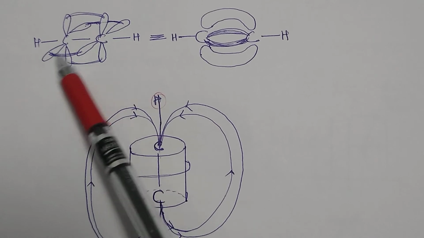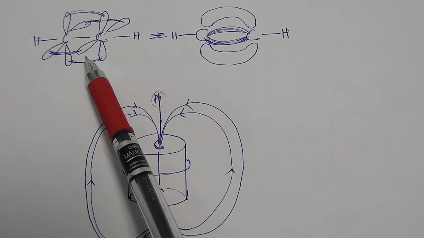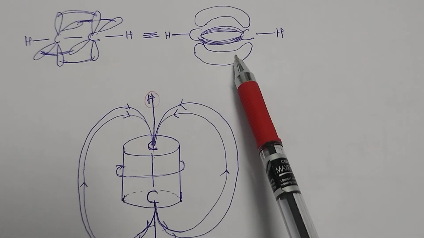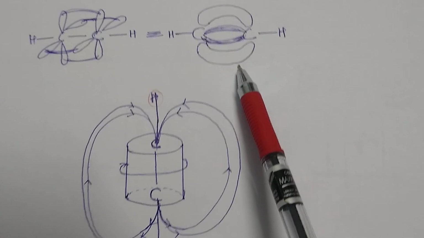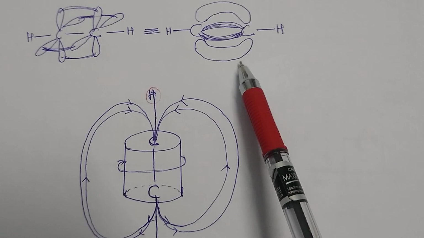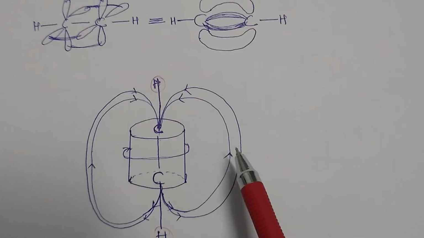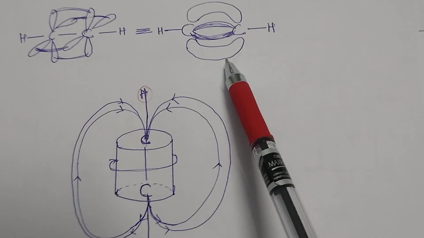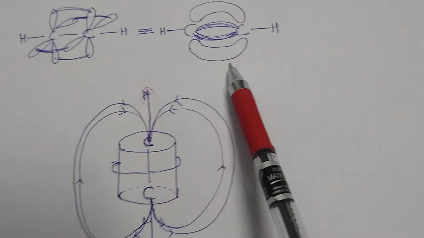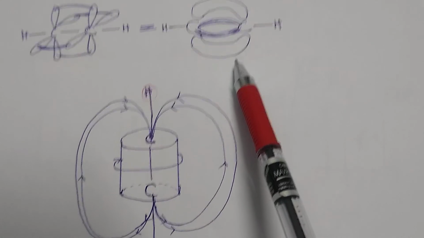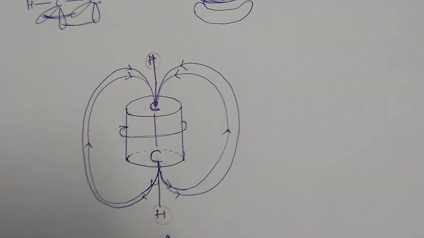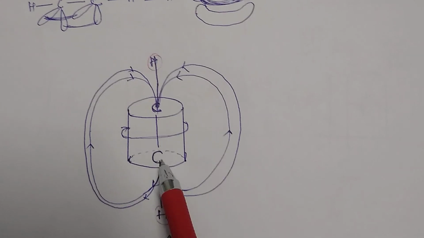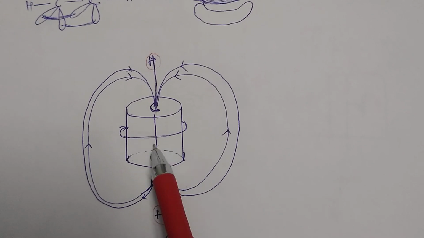These unhybridized lobes form an electron cloud, which can be represented like this. Now once we apply the external magnetic field B naught, this electron cloud makes a movement, and due to that it forms a cylindrical electron density around the acetylene molecule,